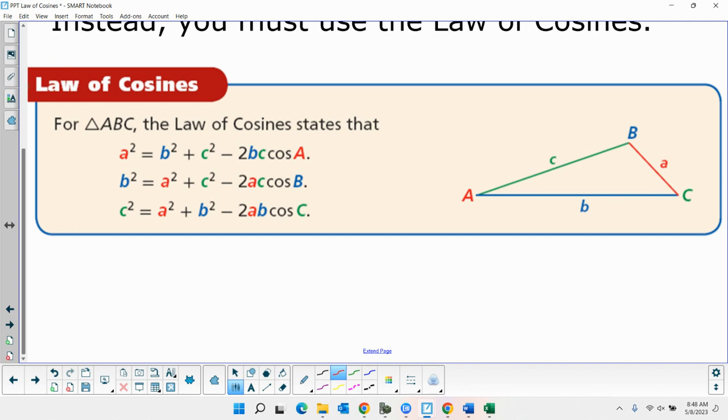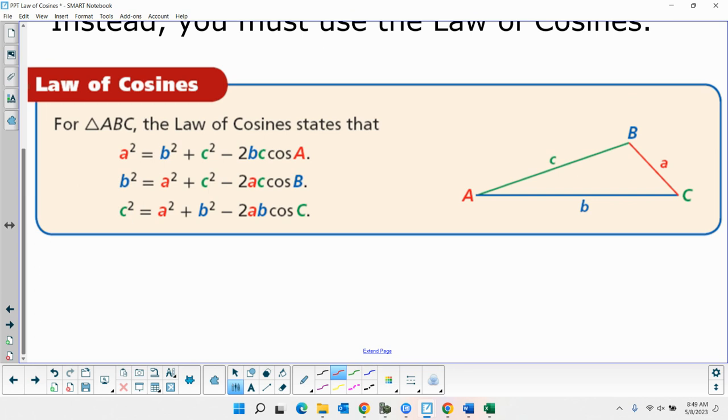Now, when we use law of cosines, we only use it one time. And then to finish our triangle, we're going to use the law of sines, just like we did on Friday and on that worksheet we just went over. Okay, notice